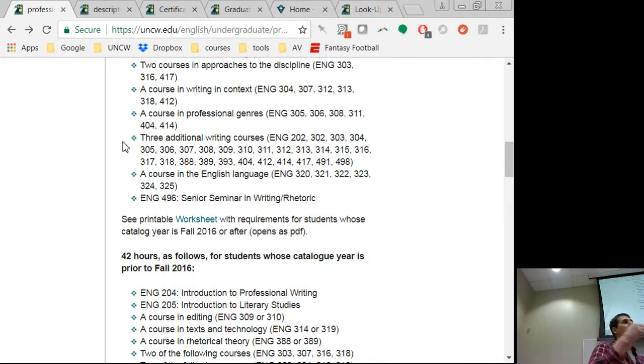Do be aware, you can take the 496 before. It is the senior seminar, but you can take it earlier as long as you've hit the prereq. Sometimes if there's a topic coming up that seems interesting to you, you might want to just take that, because you have to take a senior seminar at some point, and there's no guarantee that any of the themes are going to repeat. That's just whoever gets slotted in that course. So if you see one that's interesting, usually I encourage people to latch onto it.